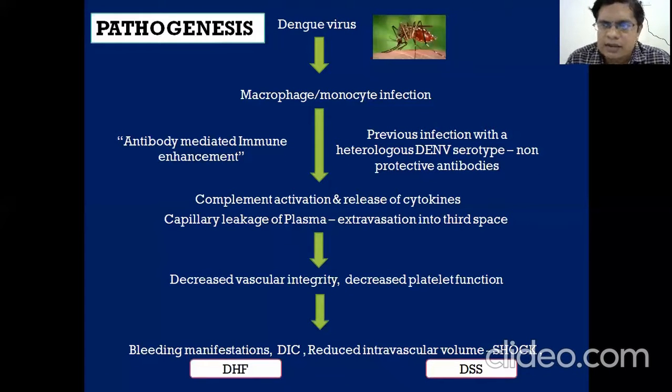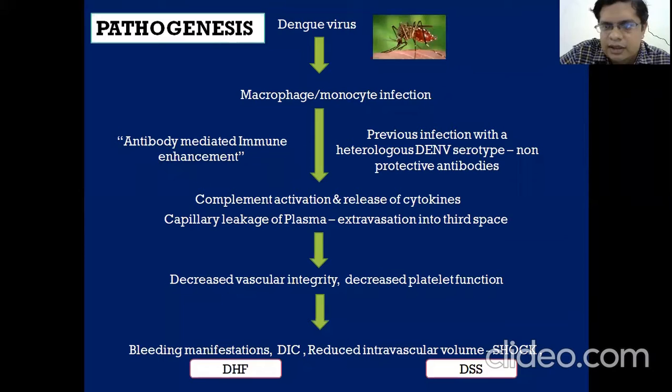If the patient has disseminated intravascular coagulation, it also leads to decreased platelet count. So suppose the patient has a previous dengue viral infection with another serotype. This leads to what is called antibody-mediated immune enhancement. So a previous infection with a heterologous dengue virus serotype, what happens? The body tries to